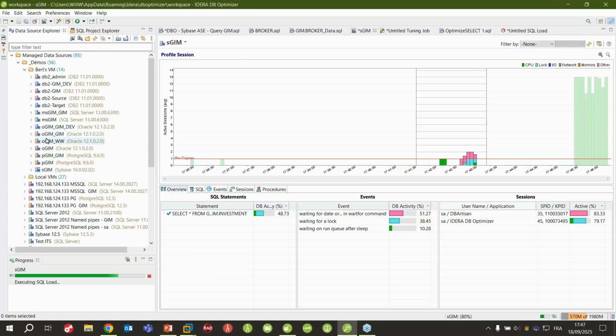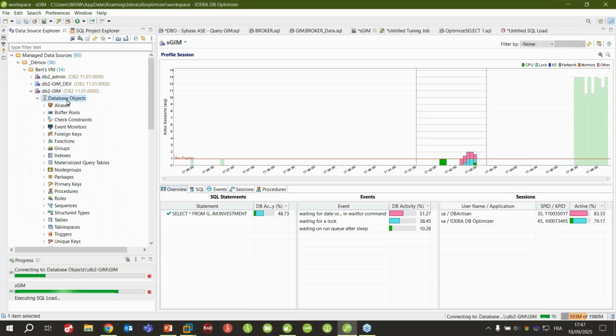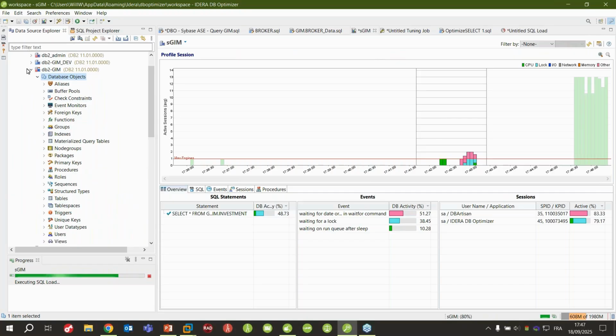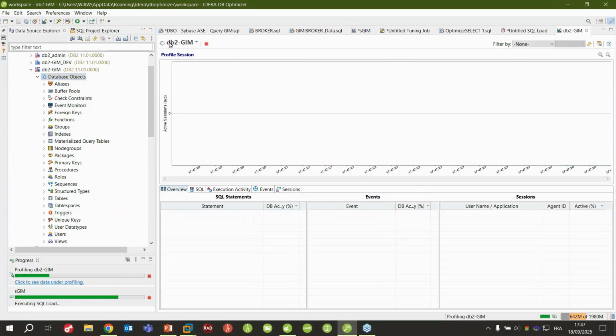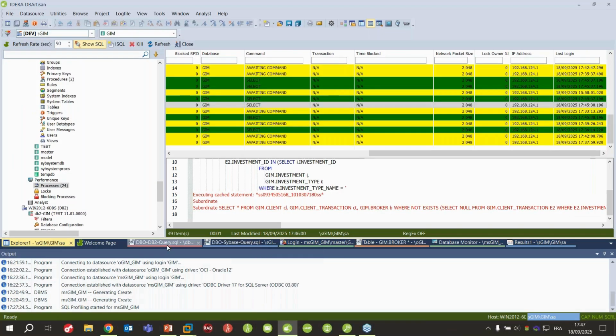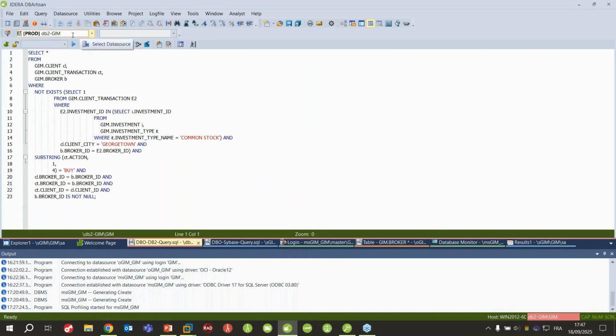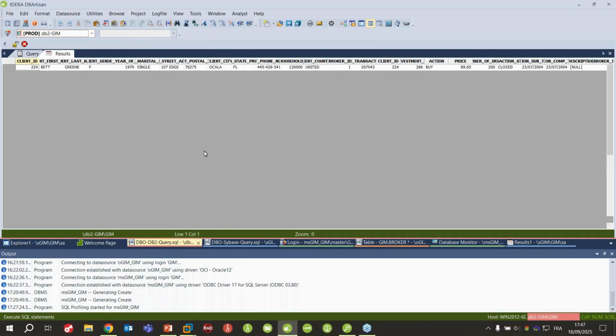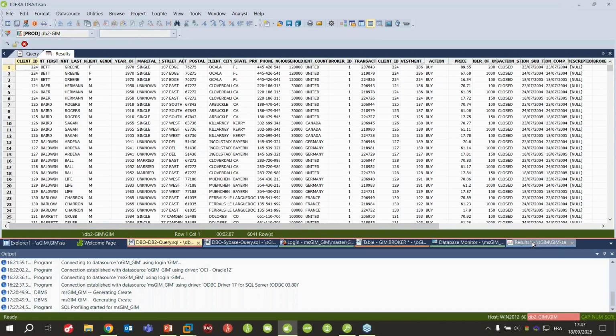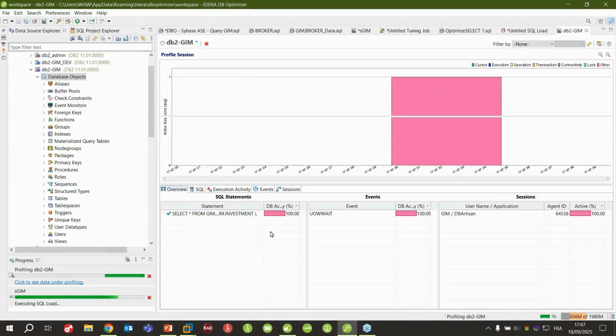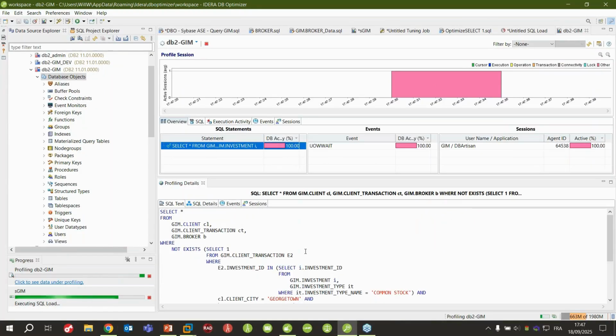So I can do exactly the same if I want to on DB2, on Oracle, and so on directly from here. I can do exactly the same. So I am connected on my DB2, and I can run the profiling session exactly the same way. So it is currently starting. And if I go back to my DB Artisan, I have here the same query, but logged to my DB2 GIM environment. I can click the play button. It works exactly the same. If I go back here, I can view my queries that I have run on my DB2 environment. And it is the same with Oracle, PostgreSQL, and MS SQL.